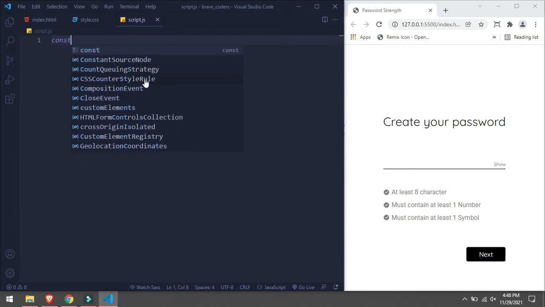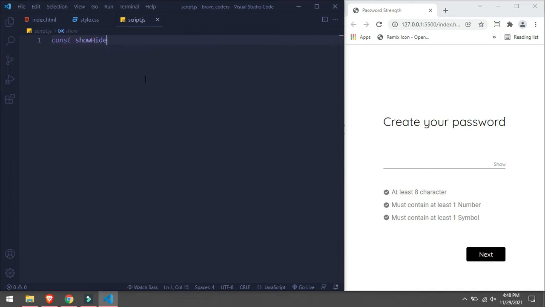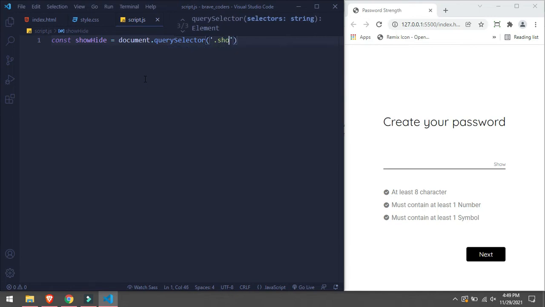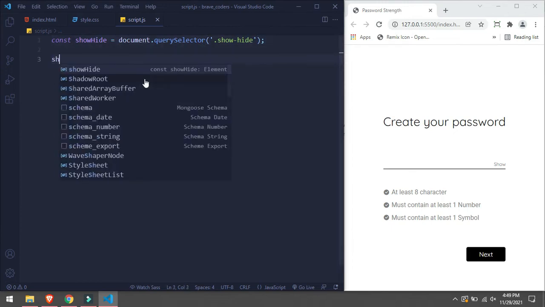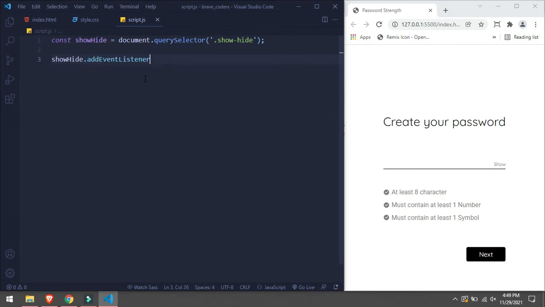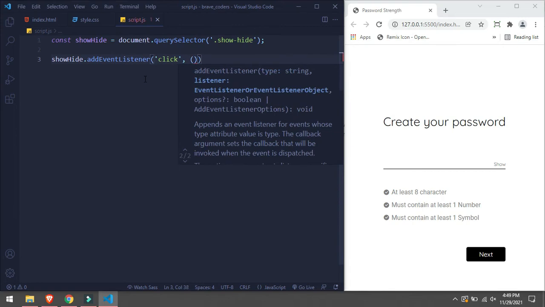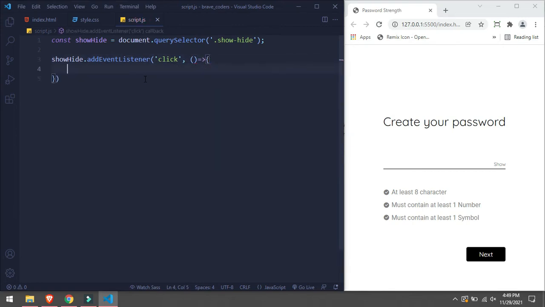We will take const showHide and we will attach an event listener on this. showHide.addEventListener, click, pass the arrow function.